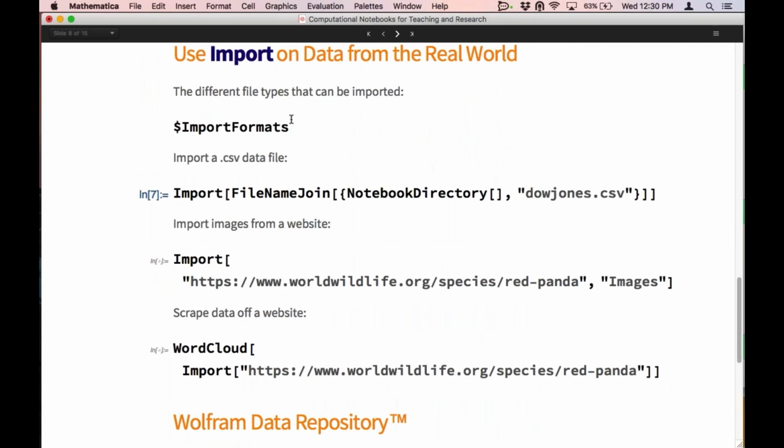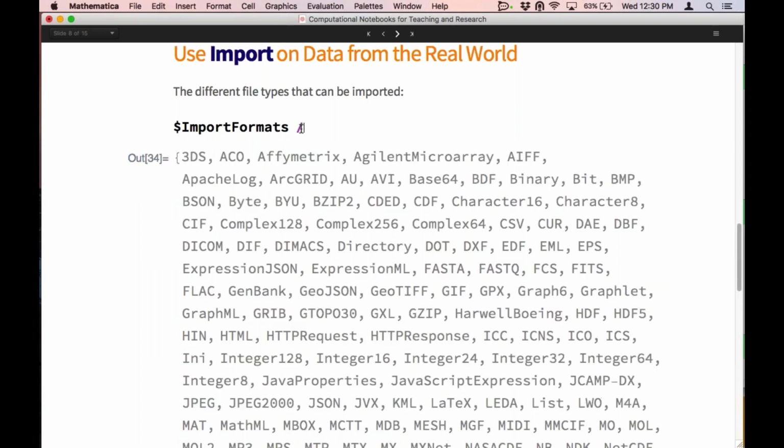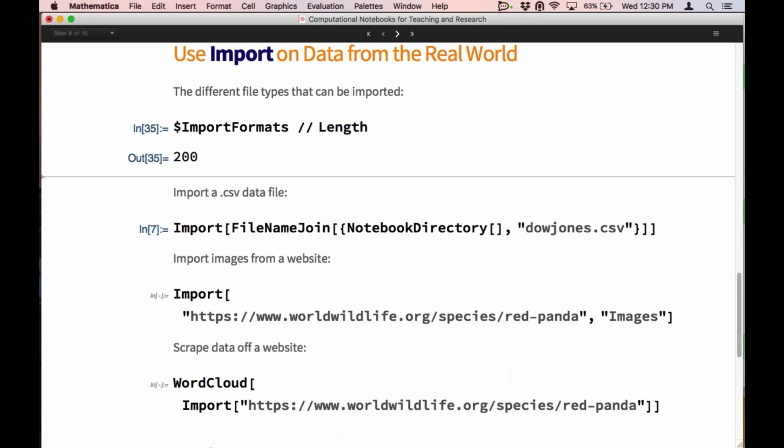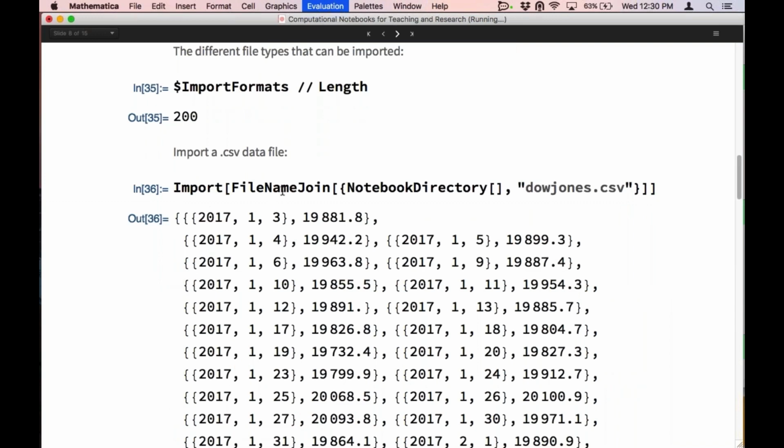There are a whole number of different types of file formats that are supported in the Wolfram language. We can just see how many really. Right now, we support over 200 different file formats that can be imported. So if you want to import a CSV data file, here is an example of how you could do it. Or